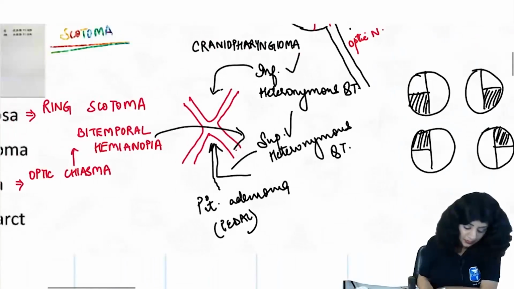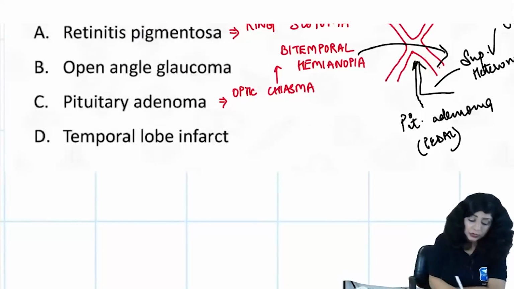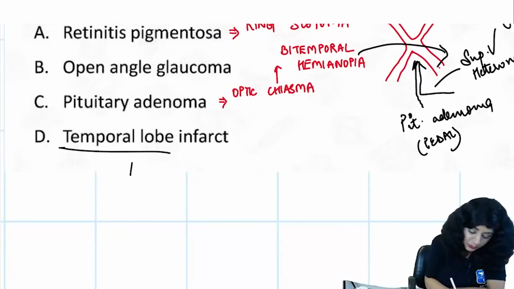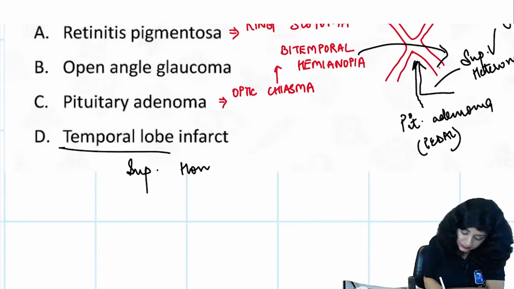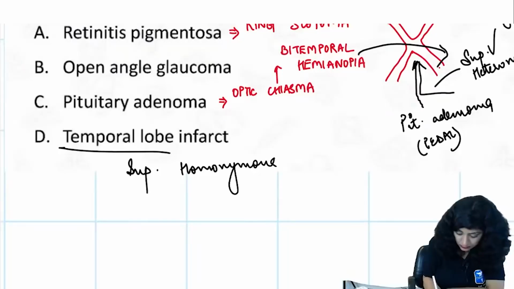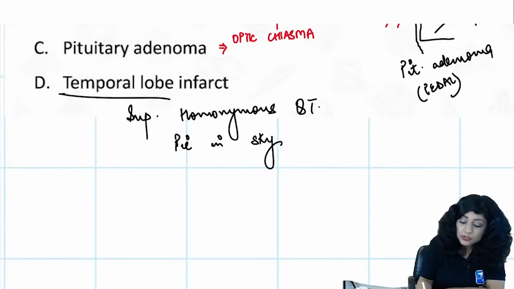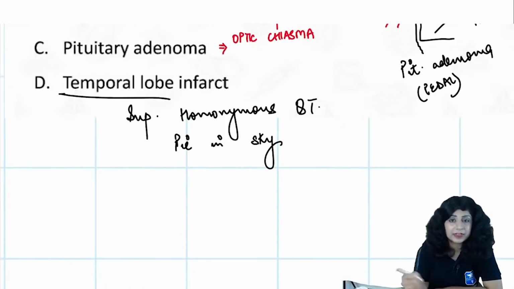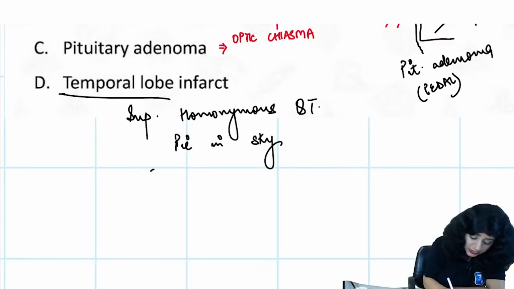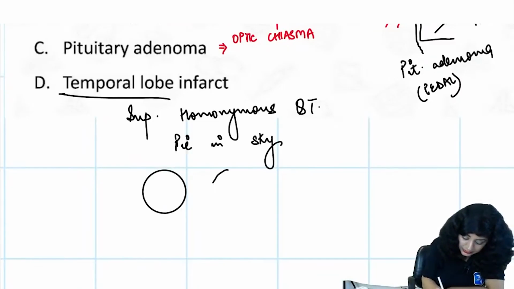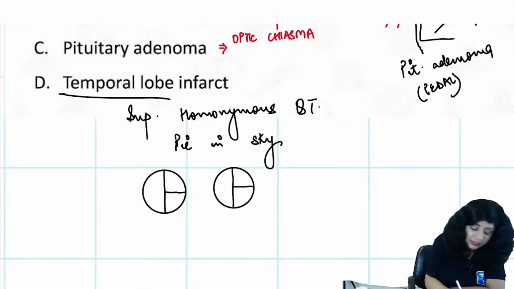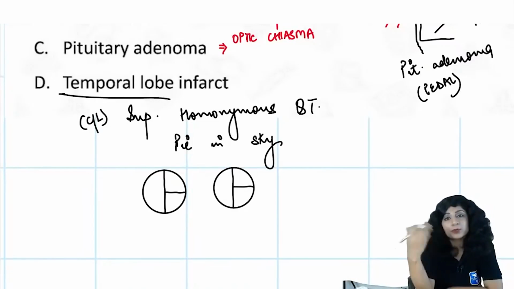Right? Then if I am talking about the temporal lobe, the temporal lobe is causing the superior homonymous quadrantanopia, which is also called the pie in the sky appearance. Now this is actually different from your heteronymous quadrantanopia, because this will be homonymous. Now we are going to talk about the homonymous. So the same sides of both the eyes are going to be affected, and this is contralateral. So whichever side is affected, the opposite side field.